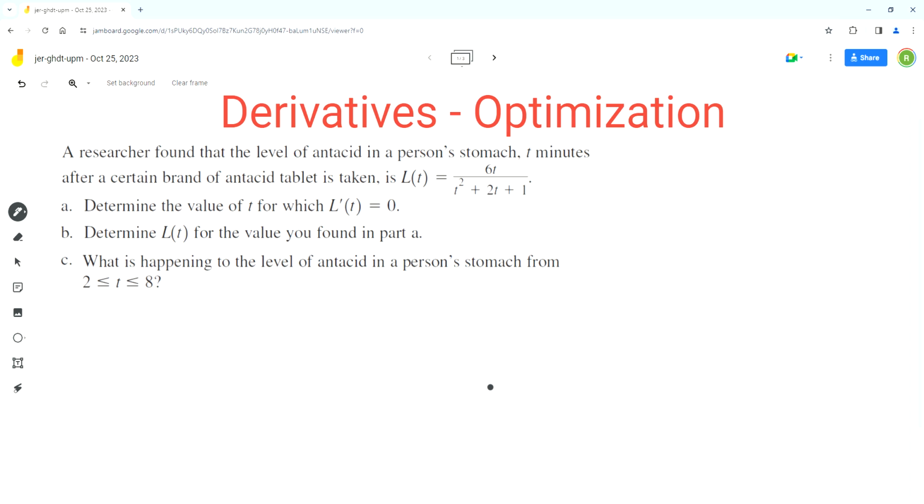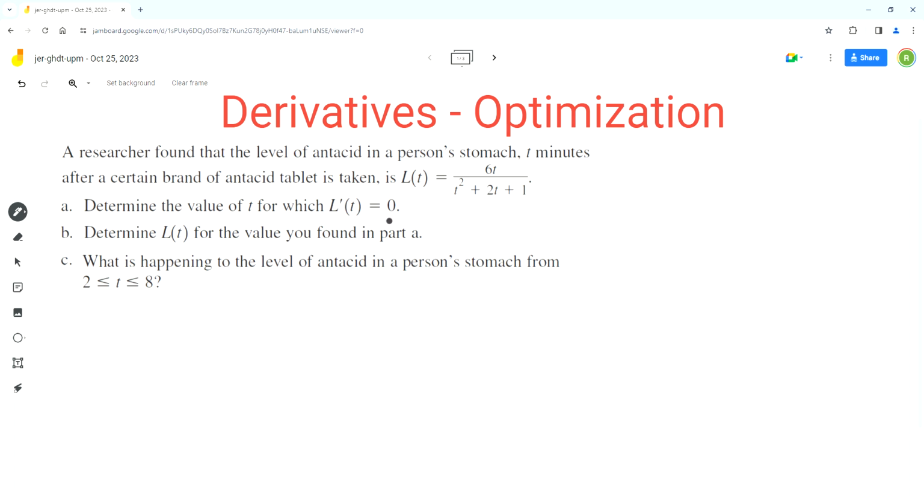So in this video, we'll solve this word problem using the concepts of derivatives. As per the problem, a researcher found that the level of antacid in a person's stomach t minutes after a certain brand of antacid tablet is taken is L(t) = 6t over t squared plus 2t plus 1. So in part A, we have to determine the value of t for which L prime of t